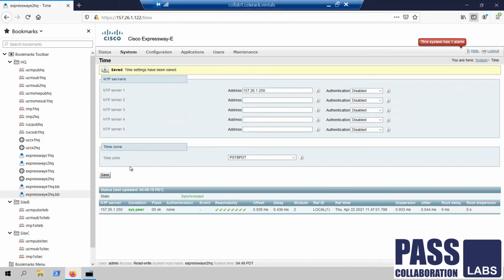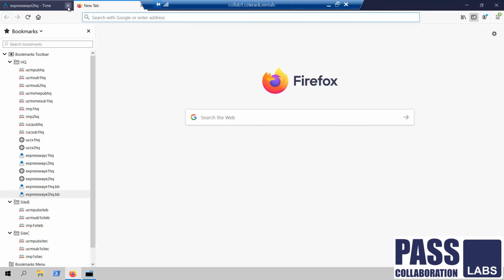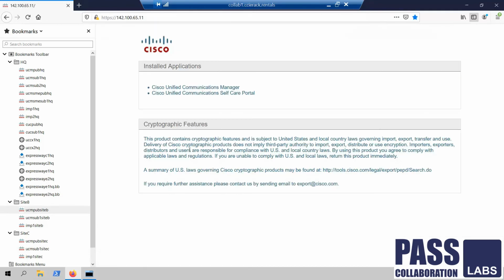Next is Site B publisher and Site C publisher. So for CUCM, there are two things. First is on the call manager, you need to configure the date and time group. So let's do that quickly.